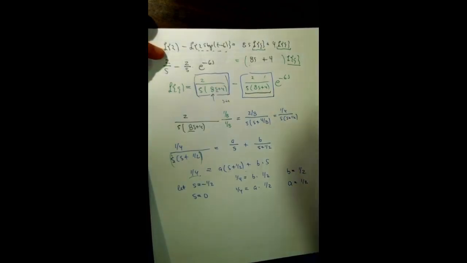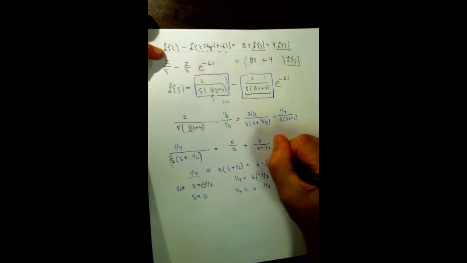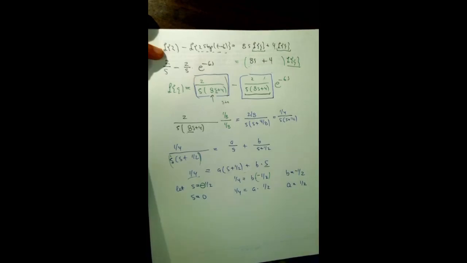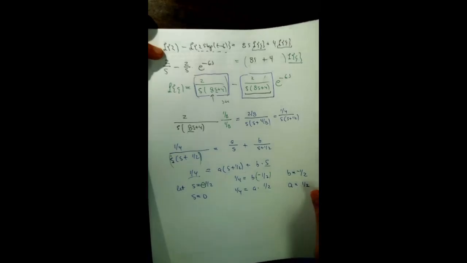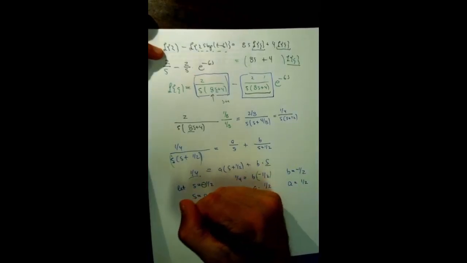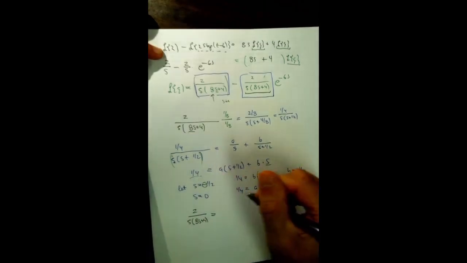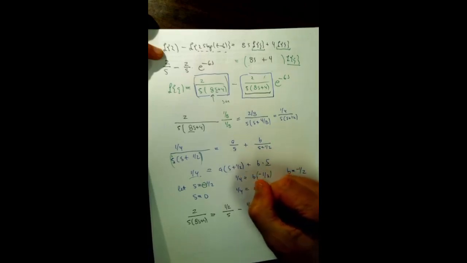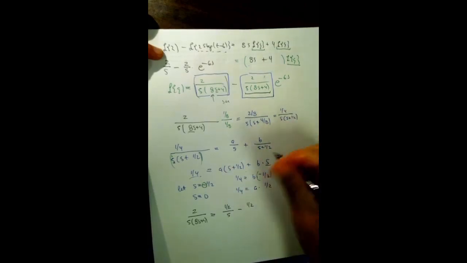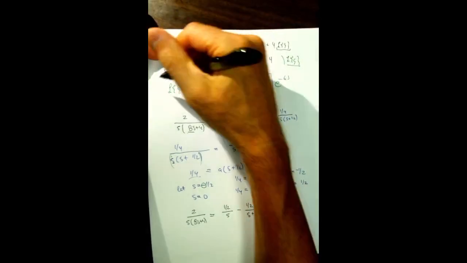Made a mistake. That's a minus 1/2, so this should be a minus 1/2 for this s. So that's a minus a half there. So that means that 2 over s times 8s plus 4 is going to be a over s, be 1/2 over s, minus plus a b over s plus a half, which is going to be minus 1/2 over s plus a half. So plugging that into here, I now get